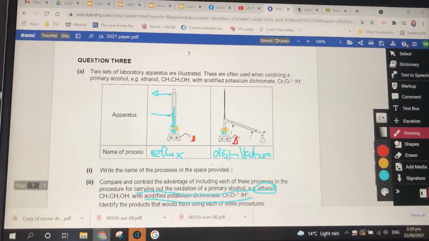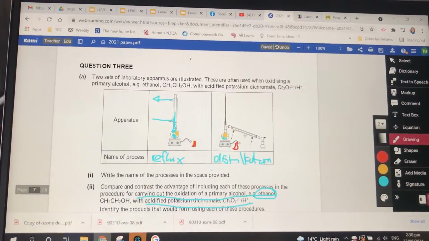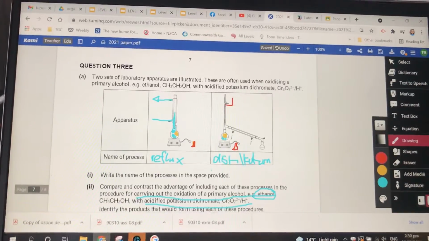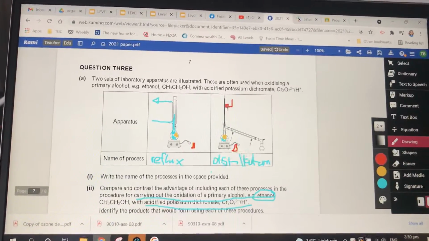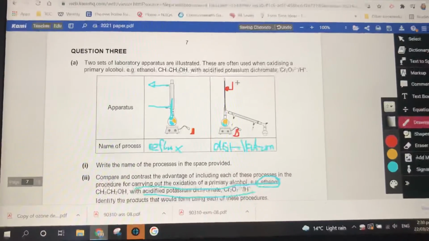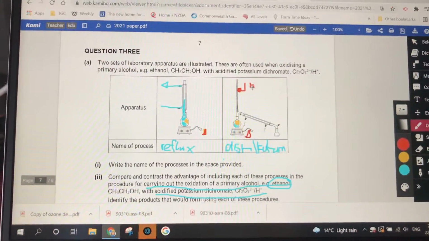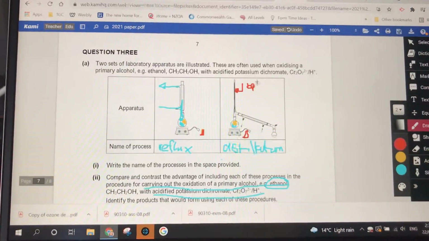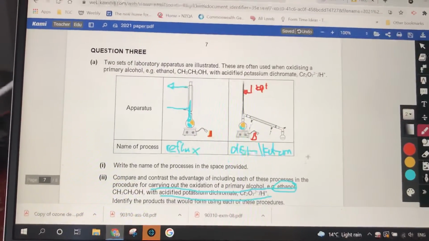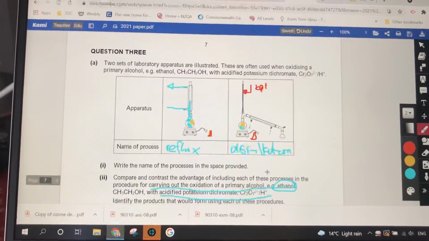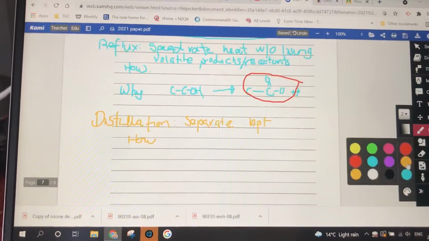Right, but this time we've turned the condenser around this way, and we've got the option of setting the temperature. So we're going to set that temperature just around about the boiling point of the substance that we want to isolate. So in this case, what we're trying to do here is we're trying to,